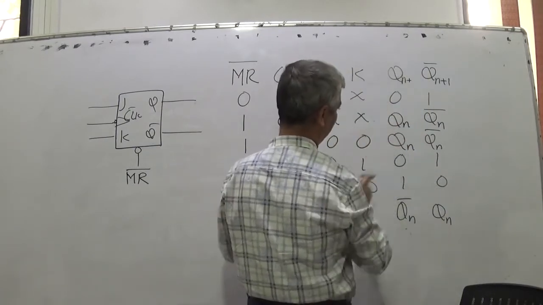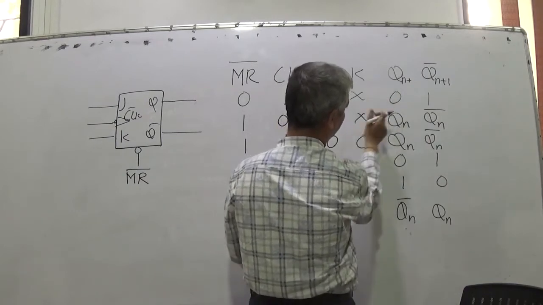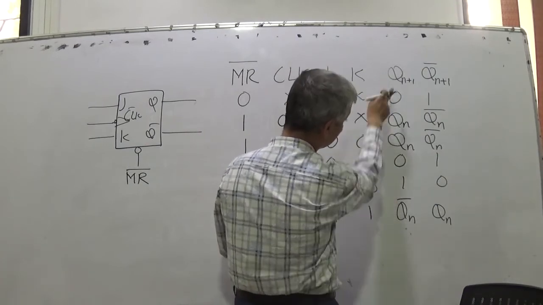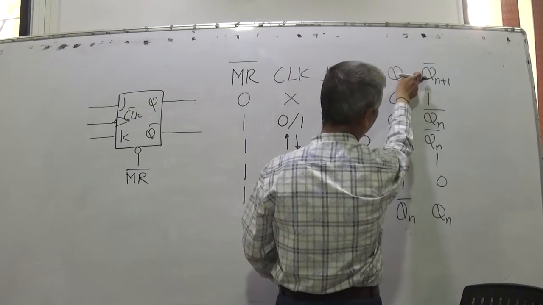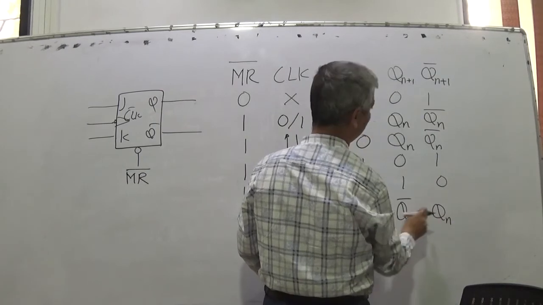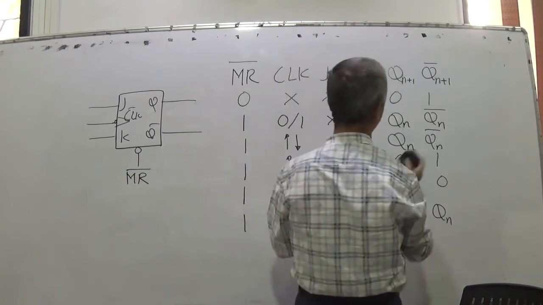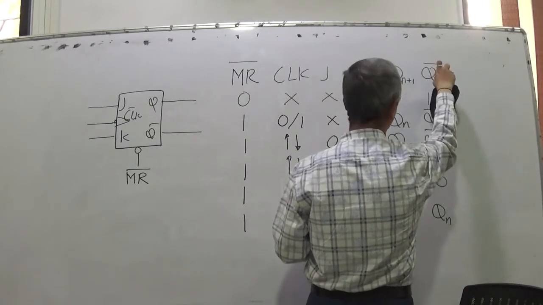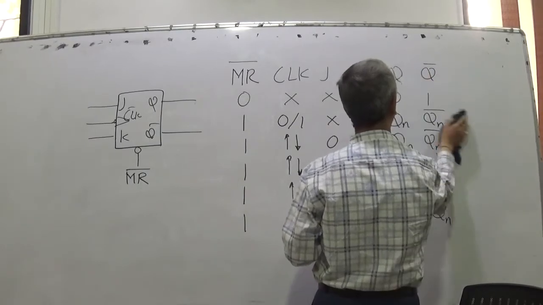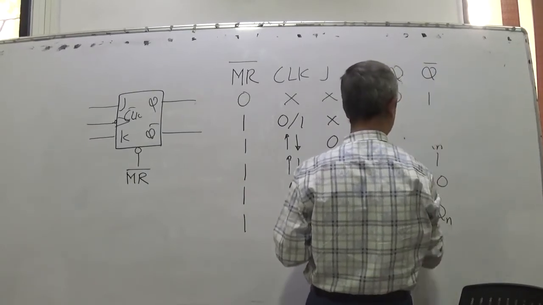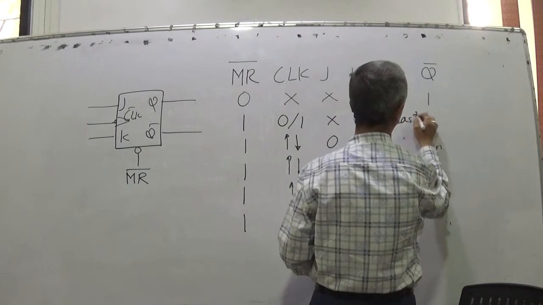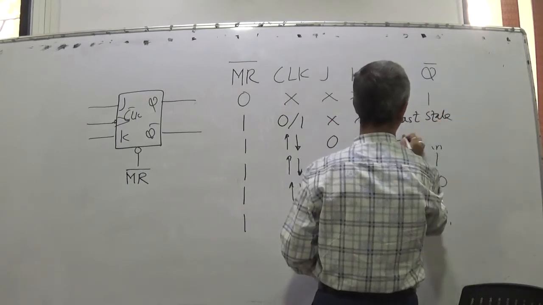So this is this one, Qn. Remember, it is very clear. Qn plus 1 is Qn bar, and Q bar, Qn plus 1 bar, that is complement, is its last state. So if this is confusing, because this bar may be confusing, you can put dash, or in general you can leave this completely as Q and Q bar, and it is better. You can write it as last state, last state, last state,